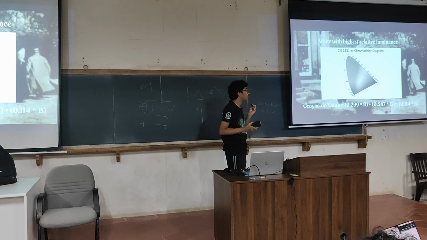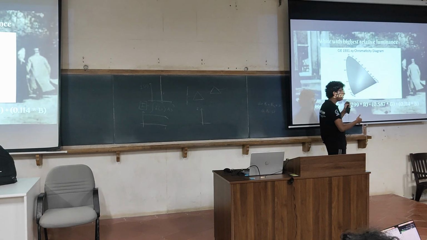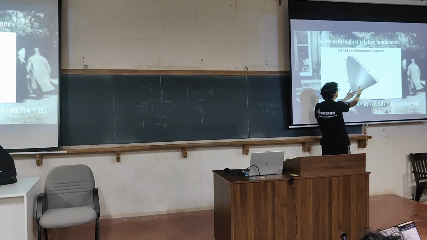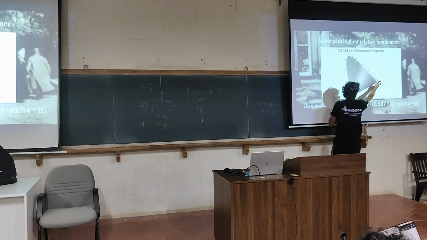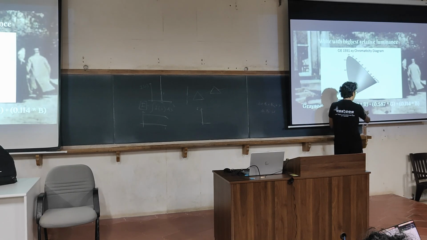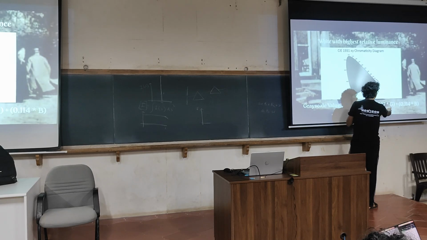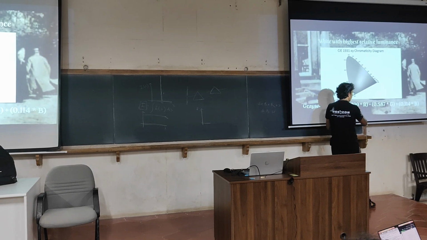So yeah, now this is the grayscale diagram of the chromaticity diagram. This is just representing the relative luminance. You see, white has the highest relative luminance compared with green. Green is higher than both red and blue. This equation gives the weightage. Green has 0.5, red has 0.2, lesser than 0.5, and blue is least.